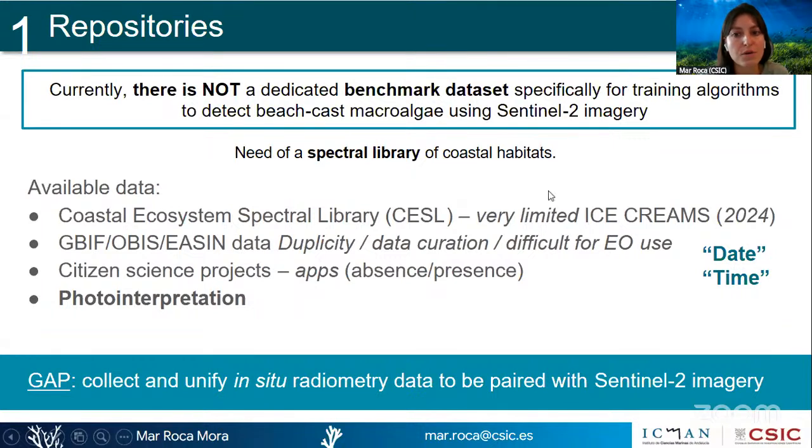So available data right now, well, ICEcreams is being now showed by BID. That was from last year, and it's a really nice dataset that we're trying to implement as well in this case. I found the coastal ecosystem spectral library, but it's very limited. It's only focusing on the east part of America and part of Portugal. For GBIF, OBIS, and EASIN, that in this case is the European platform for invasive alien species, I found that